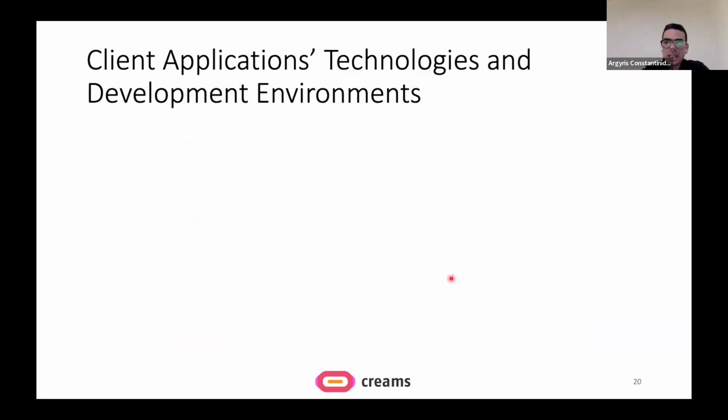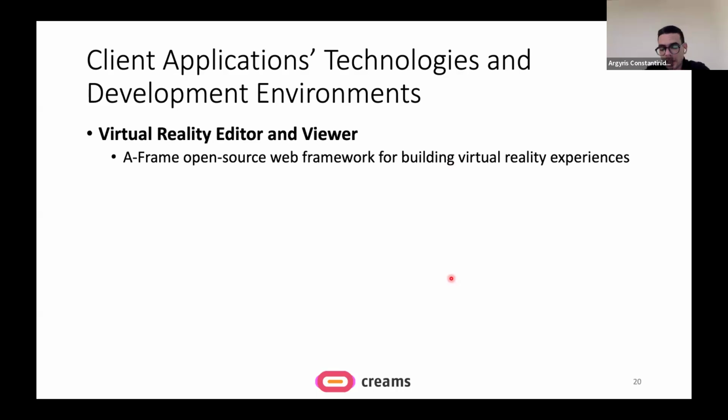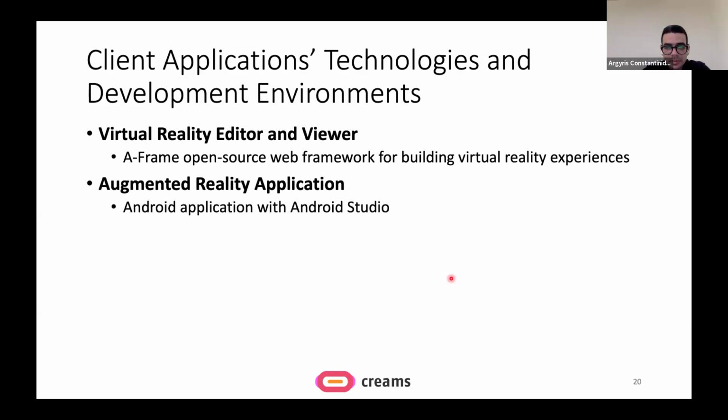So finally, a few words about the client application technologies and their development environment. As part of the CRIMS platform, there is also the virtual reality editor and viewer, which is implemented using the A-Frame web framework, which is an open source framework that allows developers to build virtual reality experiences on the web.